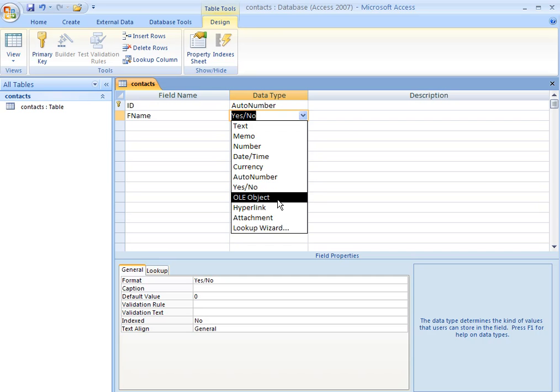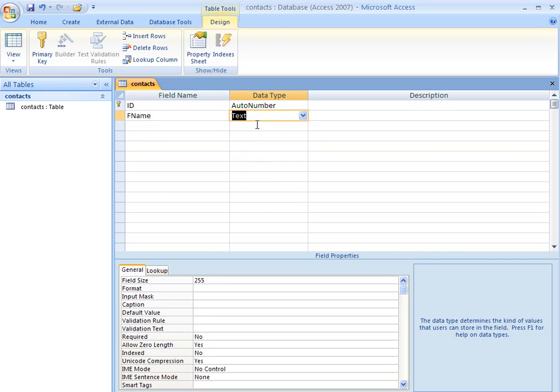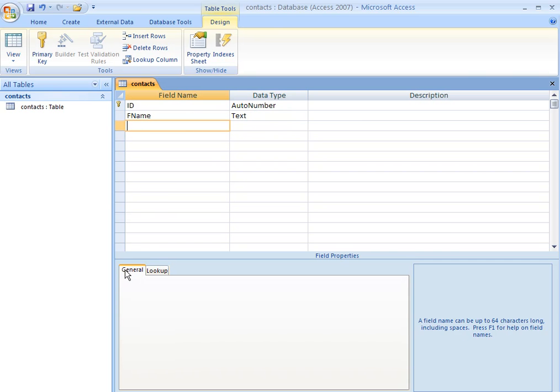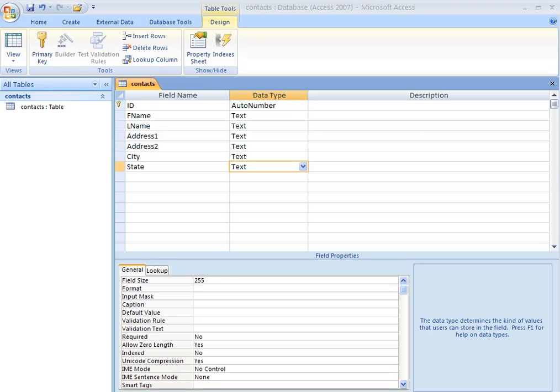OLE would be the object, or the OLE object might be a picture of someone. Hyperlink could be their web address, and you could hook an attachment of a special document. And the lookup wizard we'll look at a little later. In this case, let's go back and change it to text, and I'm going to fill in the rest of this for you. Okay, I filled in the rest of this for you, but I would like you to note